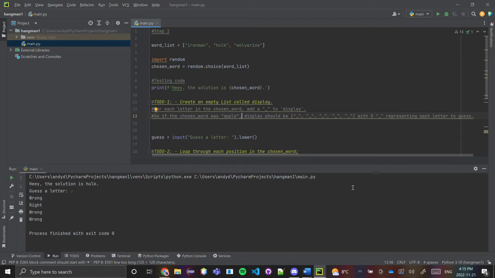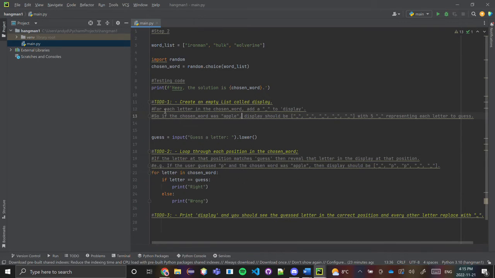So of course we'll start with this. Task number 1, we're going to create an empty list called display, and for each letter in the chosen word, add an underscore to display. So if the chosen word was apple, display should be 5 underscores representing each letter to guess. Okay,